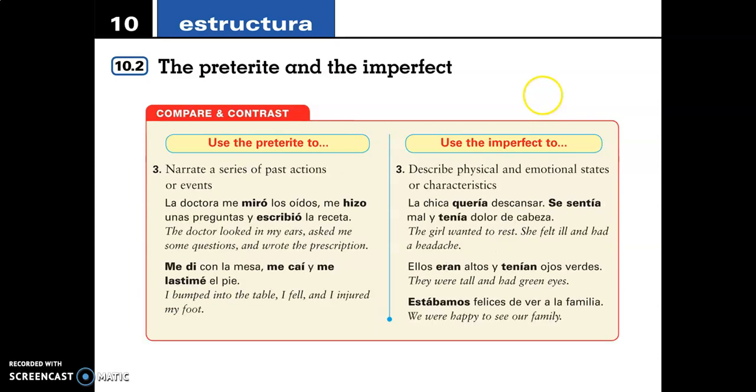Okay, and then narrating in the past, describing a series of events that happened. La doctora me miró los oídos, me hizo una pregunta, se escribió la receta, right? The doctor, she looked in my ears, she asked some questions, and then she wrote the prescription, right? And then on the other hand, if we're describing physical and emotional states, la chica quería descansar, se sentía mal y tenía dolor de cabeza, or describing how the girl